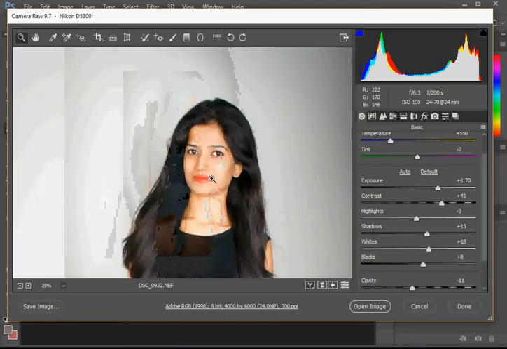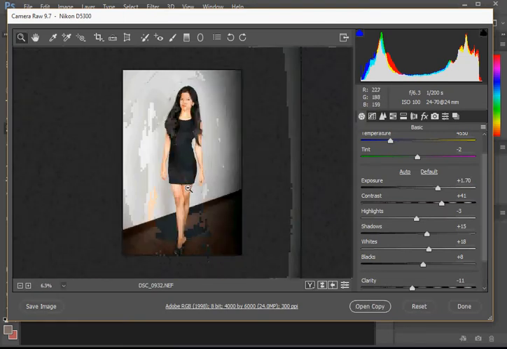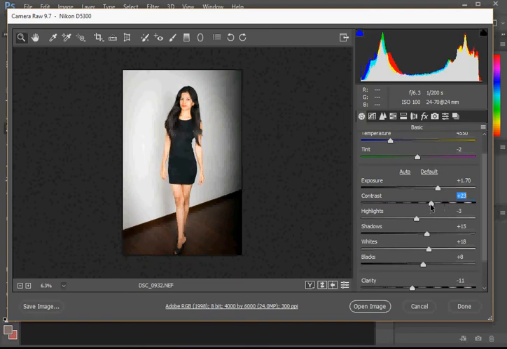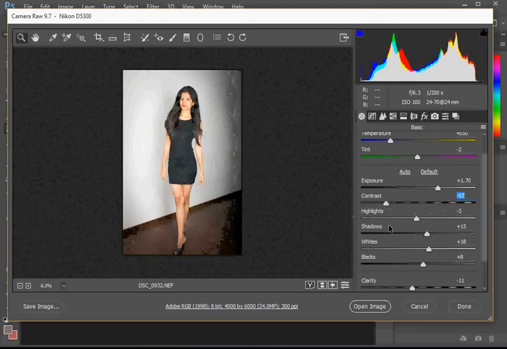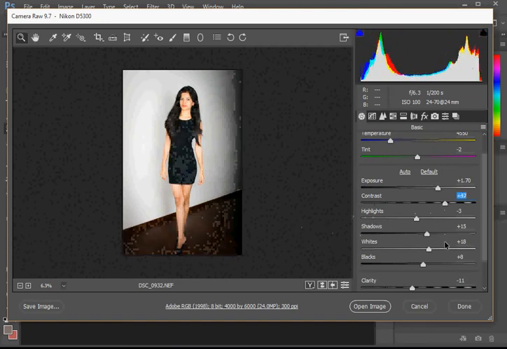So you can see that the picture is nice and clear, and you can also increase and decrease the contrast however you want. You can see the contrast changes. But I would recommend you not to push beyond 60%. If you start pushing everything beyond 60%,